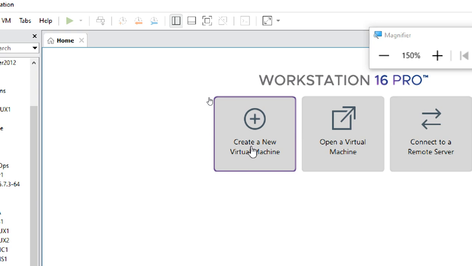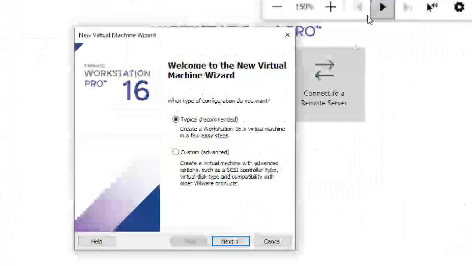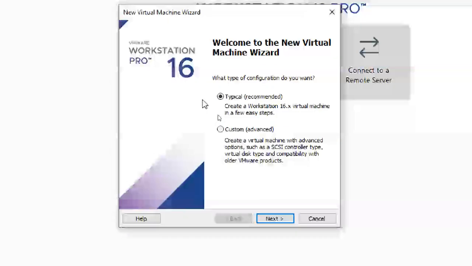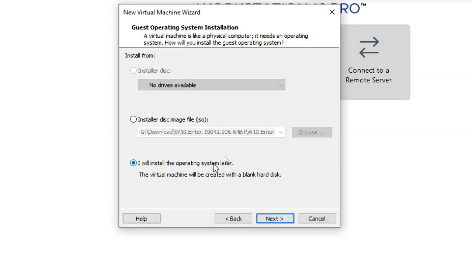Next, where is my operating system? G drive, in Z drive my OS is there. So two things we have to remember first. Next, you can use custom or you can use typical, but if you use custom, you have to give a lot of options now, but I'm using typical only, no problem. Okay, so the first option I'm using typical is quite easy. Next, I will install operating system later. So third option, I will install operating system later.